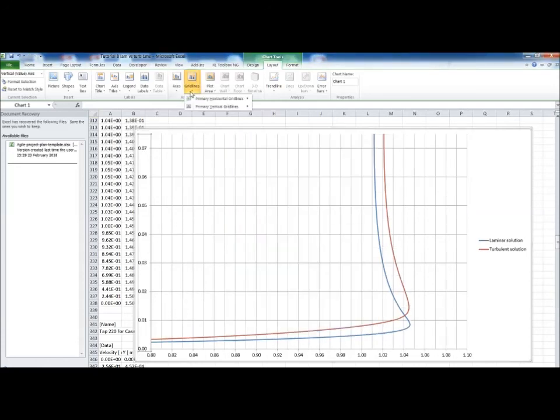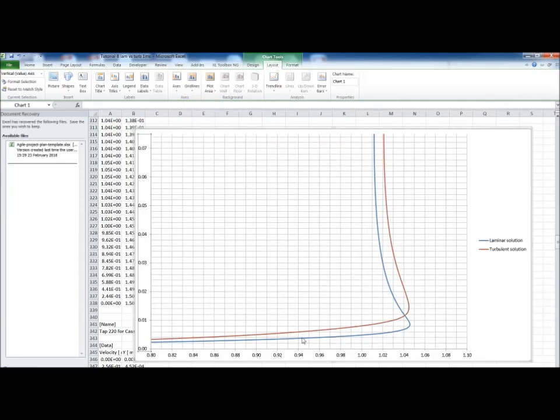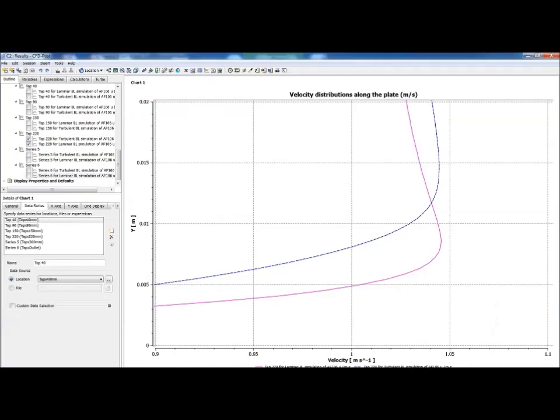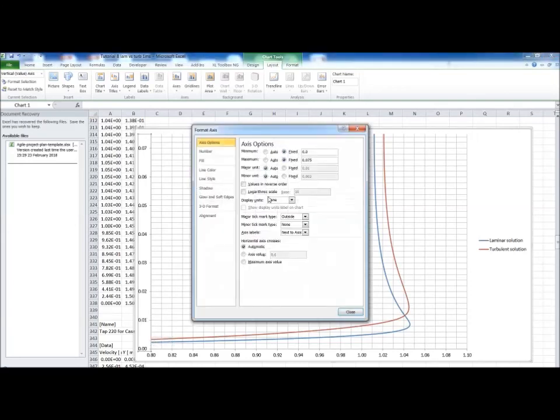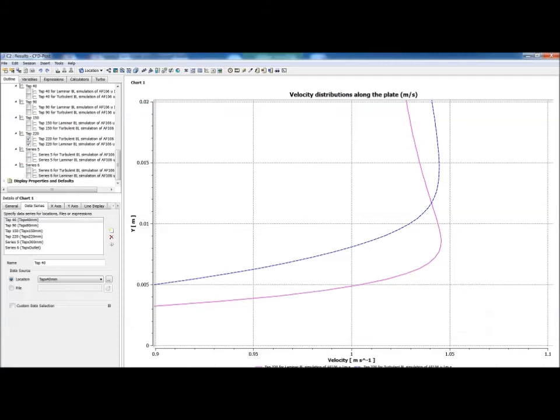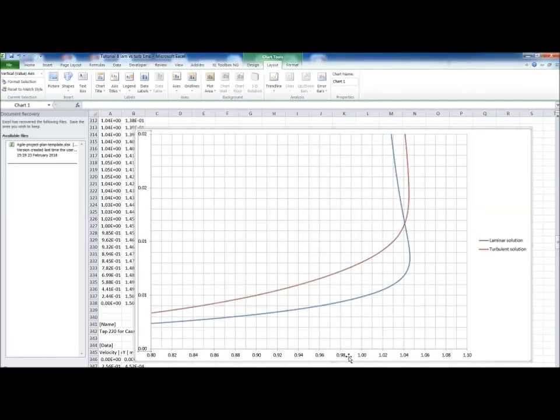There, and then we're going to do grid lines across the horizontal as well, minor and major. So just to double check, what we were plotting here was our y value, so we can actually even reduce this to 0.02, and then we got 0.99. So our crossover point here is roughly